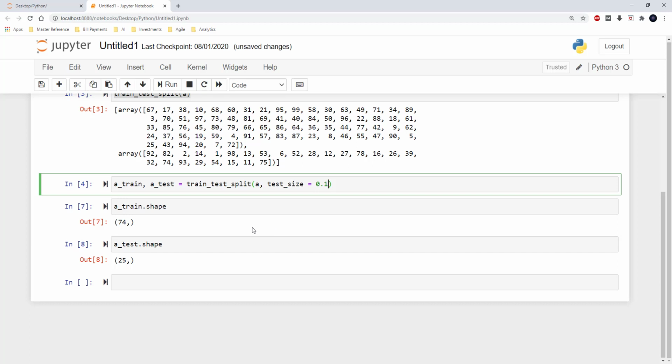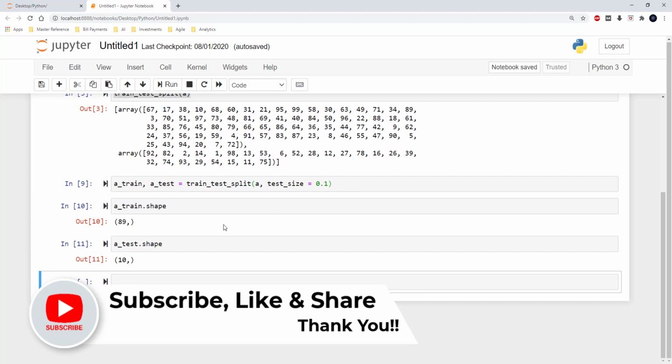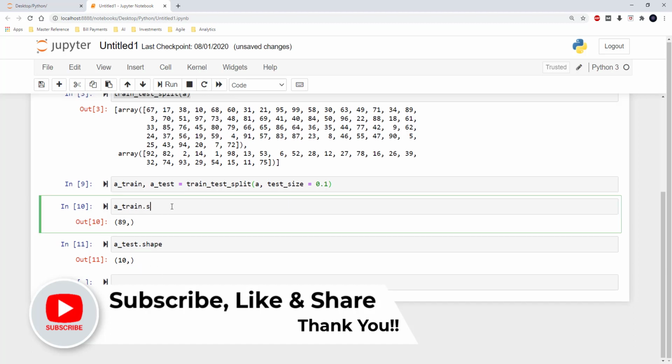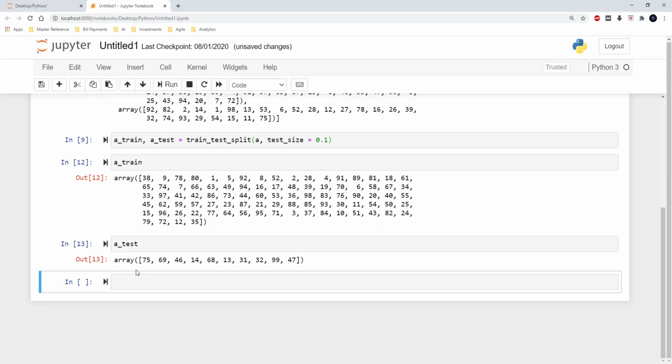So now when I run this piece of code again, you can see that the shape of train is 89, whereas the shape of test now is only 10. And I can also display it for you. So now you can see that there are 89 values in train and only 10 values in test.